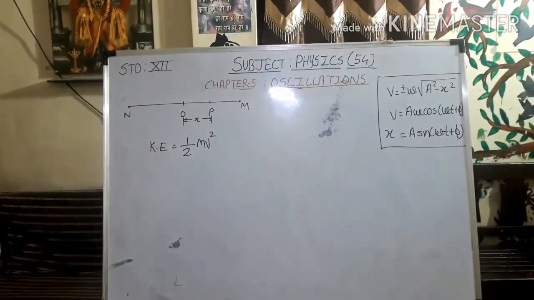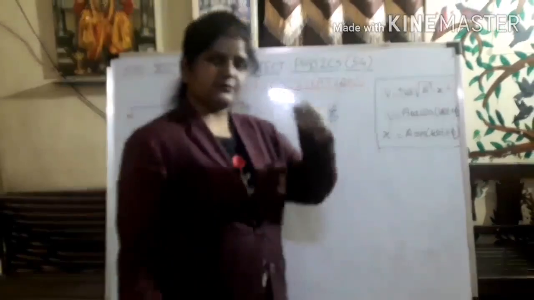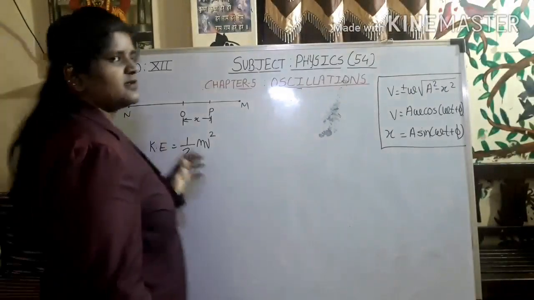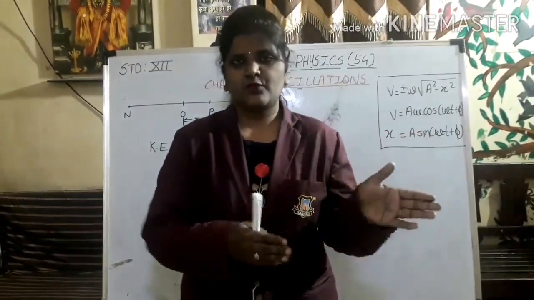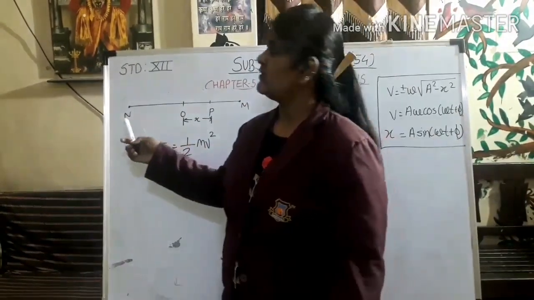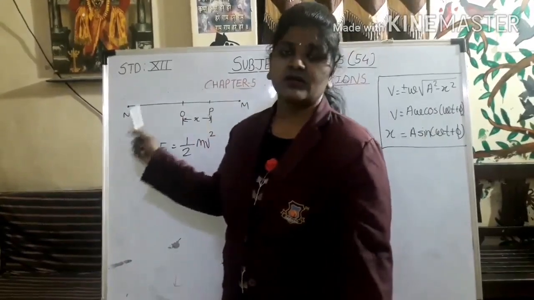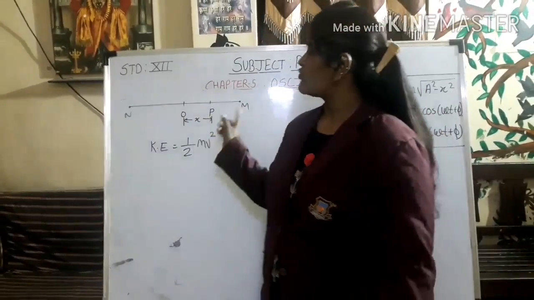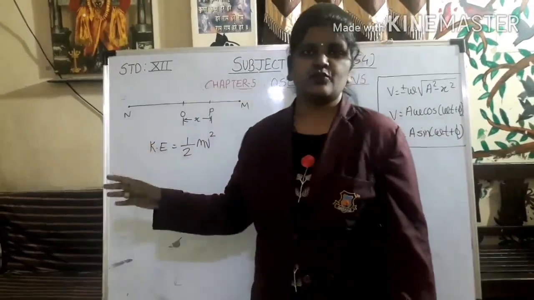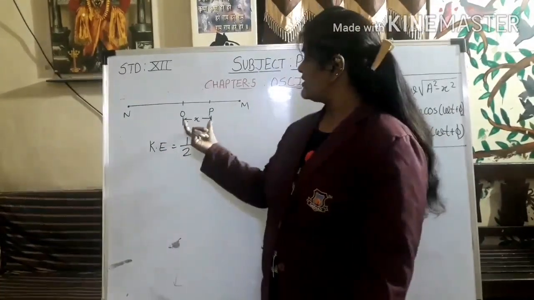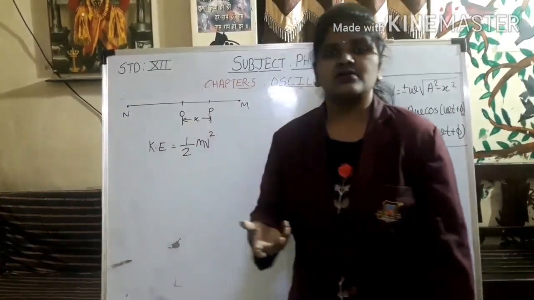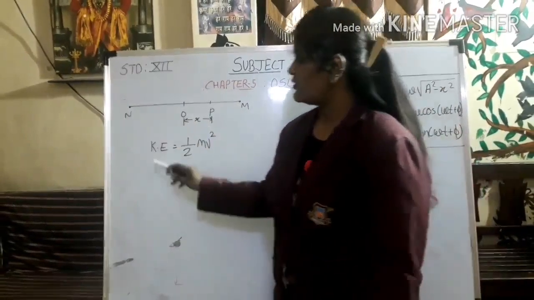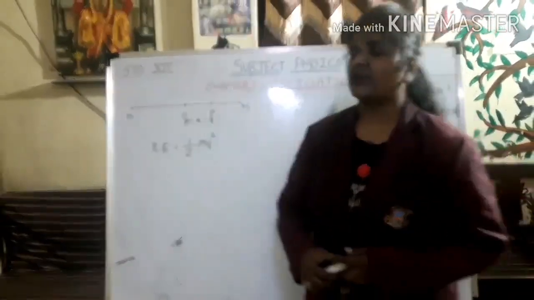Okay, so as you can see, we are going to find out kinetic and potential energy. You can see on the diagram drawn on the board, as I told you, when a particle is moving from one point to another point, here is the path. The particle is moving from this to this, along MN. When it is moving along MN, it will take some positions. There is one position which we are going to consider as P, and the displacement which occurs is X. Now we'll move towards finding kinetic energy.